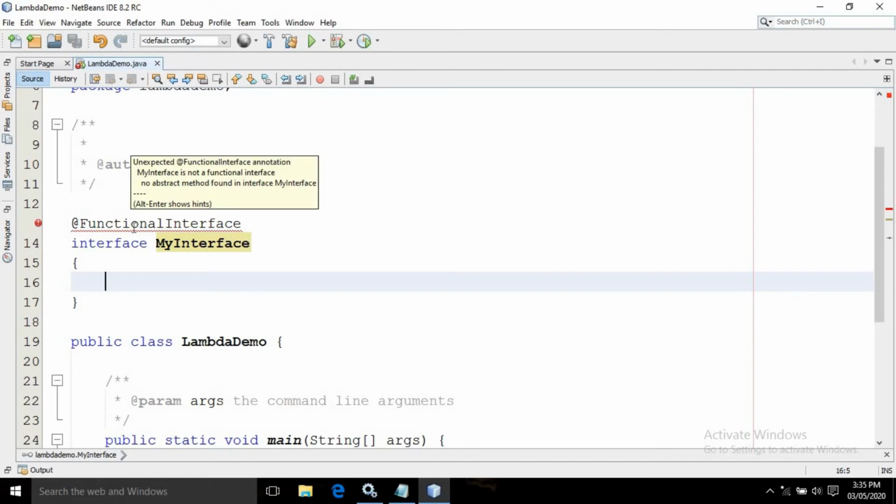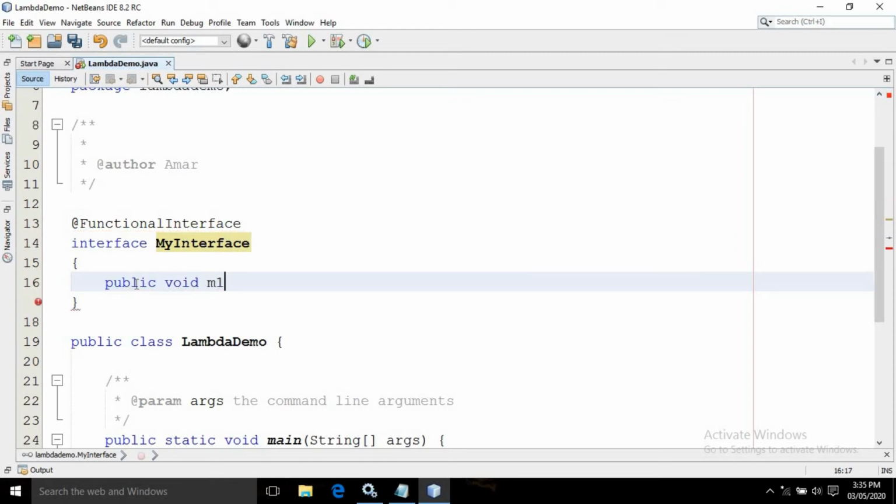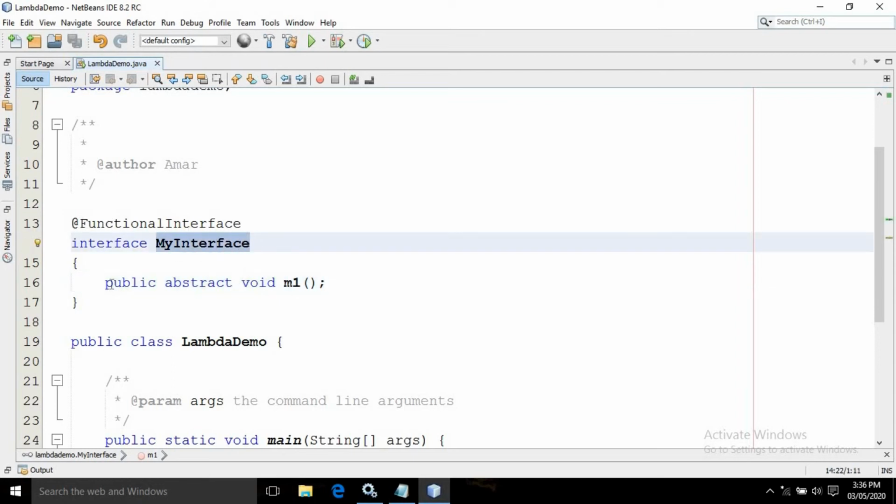If you hover the mouse here, it says: unexpected FunctionalInterface annotation, MyInterface is not a functional interface, no abstract method found in interface MyInterface. Now if I declare public void m1, the error is gone because this interface contains an abstract method. So the purpose of this annotation is that the compiler can check that the interface must contain one abstract method, otherwise it will generate an error.